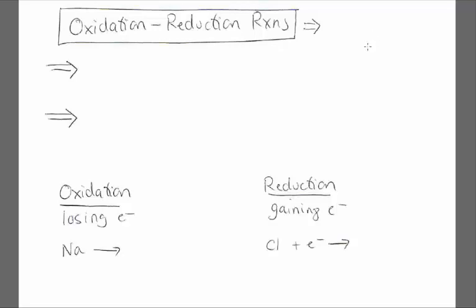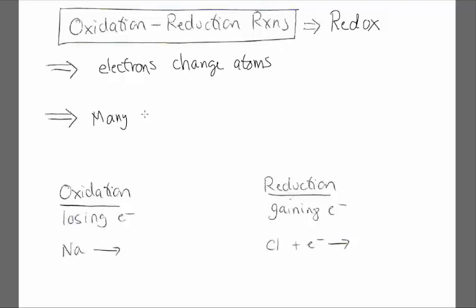Oxidation reduction reactions are a class of reactions in which electrons change which atom they are associated with. And since oxidation reduction is kind of a lot to say, they're often abbreviated as redox reactions. And oxidation reduction reactions include many very common types of reactions that have other names,